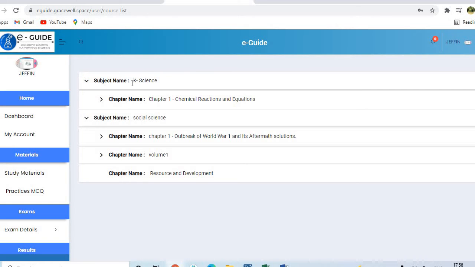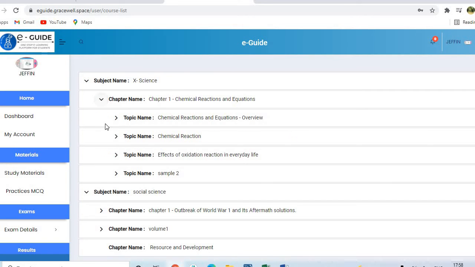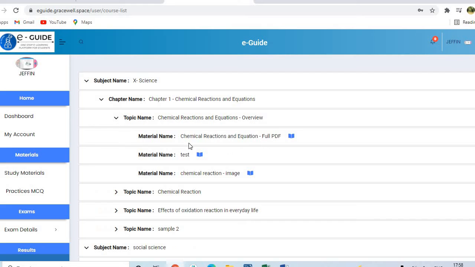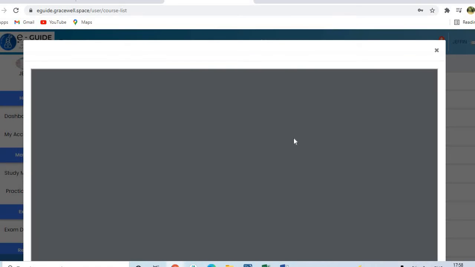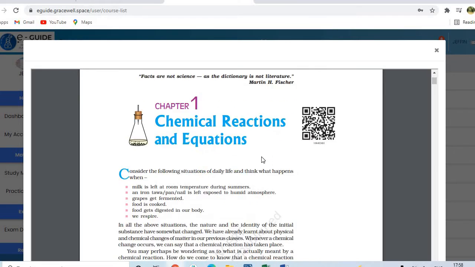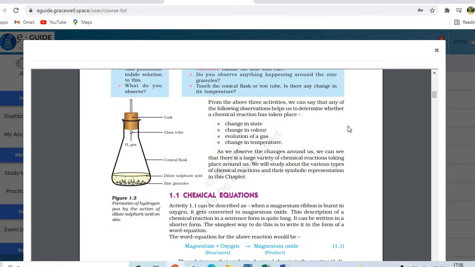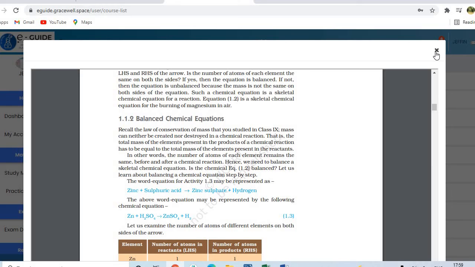In 10 science, I go to the chapter and then the topic, and this is PDF material. Against the topic chemical reactions and equations, that's a PDF my teacher has uploaded, and I'll be able to go through the material wherever I am.